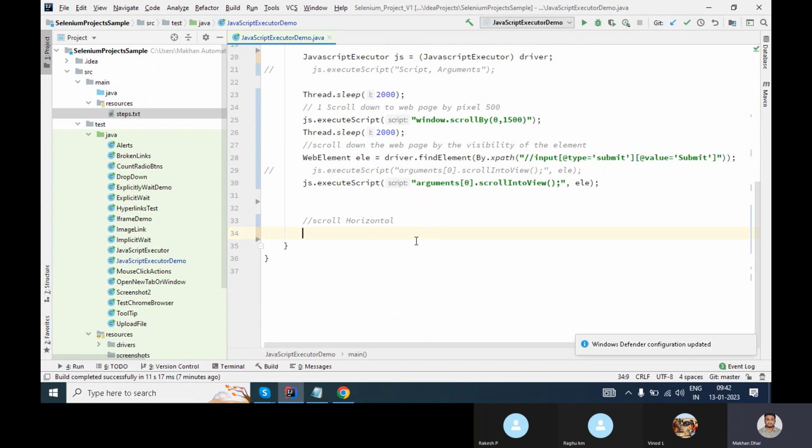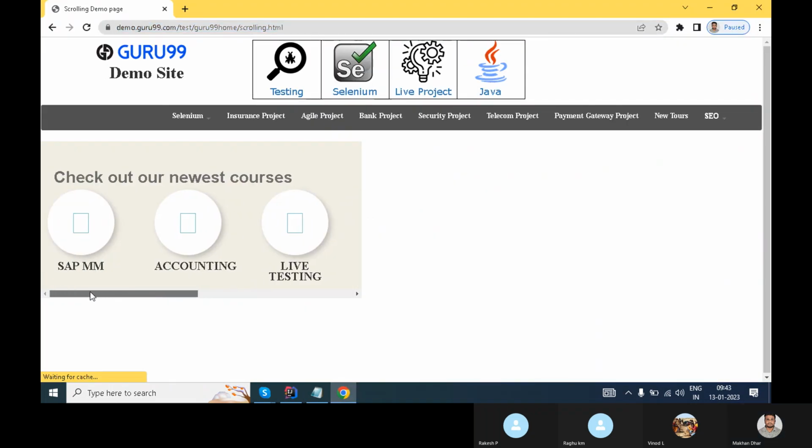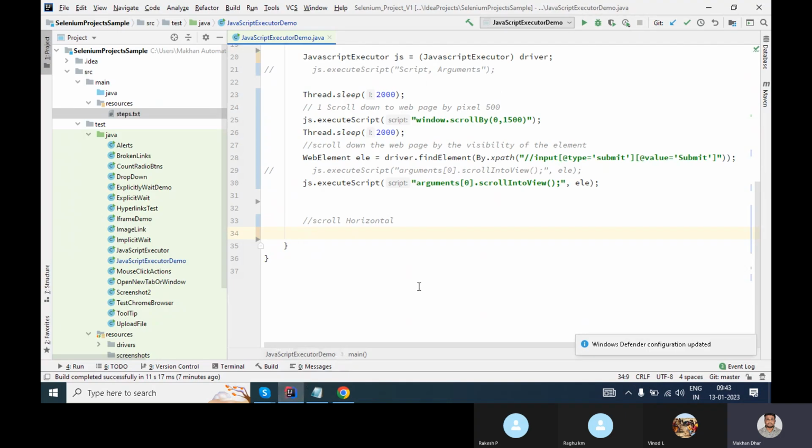So we have already created the object, right? Basically, what we have to do here is first find out some element. Okay, what element? So for example, on this page, if you want to scroll,